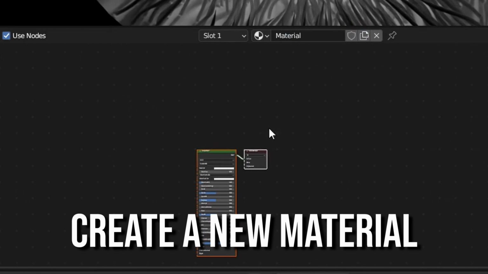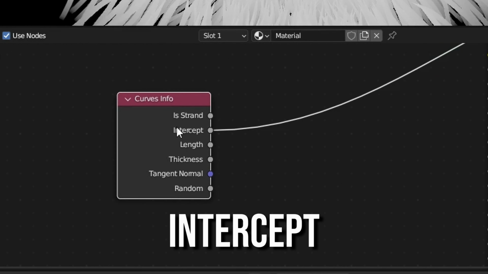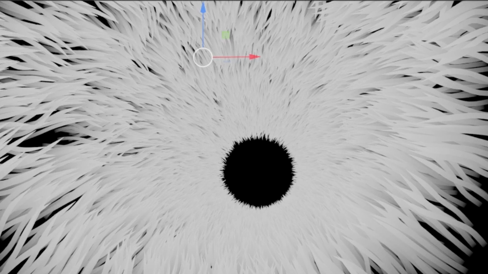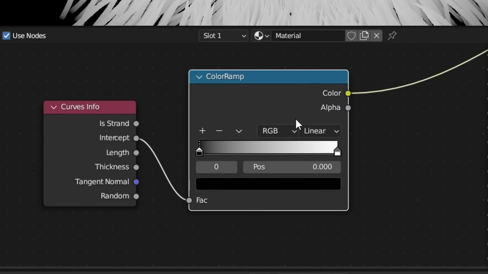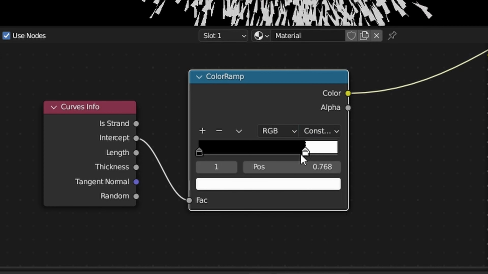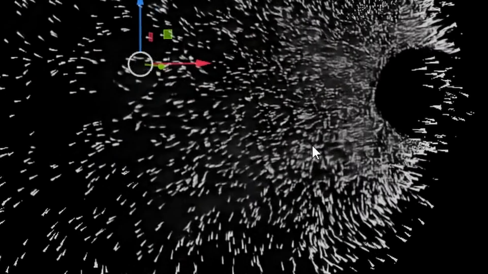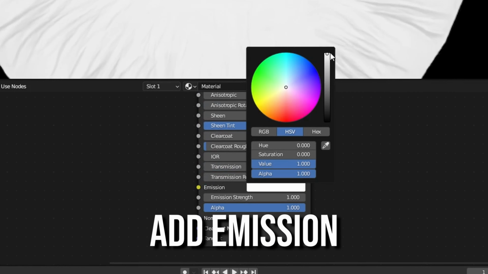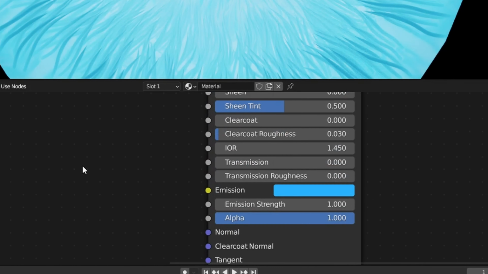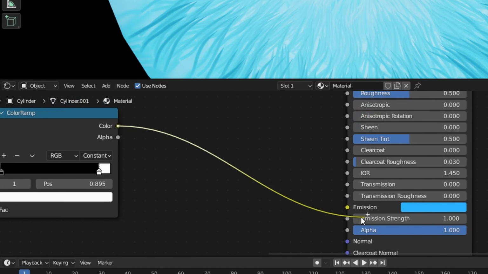Let's give the hair object a new material. Add a curve info node. The intercept will give you a gradient on the length of each hair. So let's run it through a color ramp, set it to constant, and this will give you a mask on the tip of every hair. Let's add emission to the principled BSDF shader. I'm going to set the color to blue, and now we can use the intercept value with the color ramp